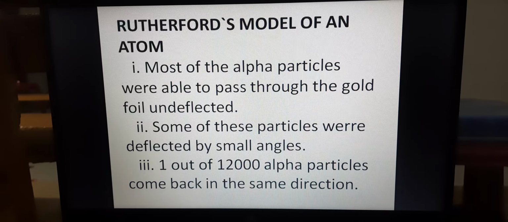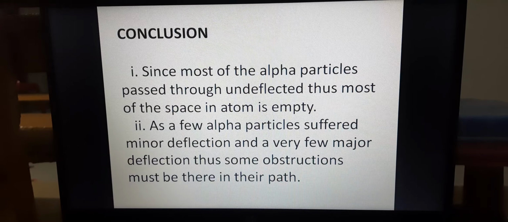1 out of 12,000 alpha particles come back in the same direction. That is, there must be some obstruction in the middle of an atom. Since most of the alpha particles passed through undeflected, most of the space in the atom is empty. As a few alpha particles suffered minor deflection and a very few major deflection, some obstruction must be there